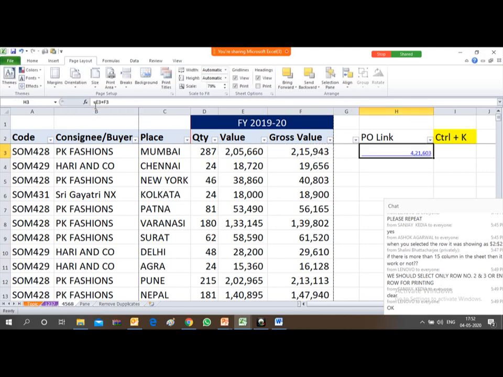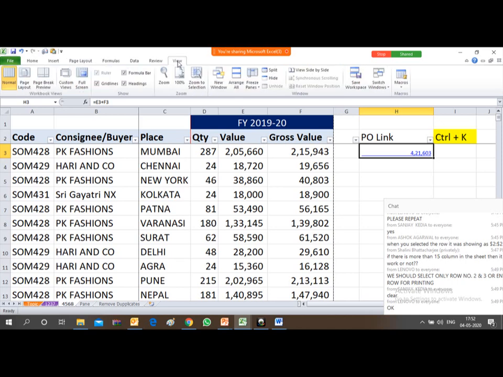Now in the formula bar you are able to see E3 plus F3, but in the cell, the face value is coming as 4,21,000, right? But sometimes the formula bar is not appearing, and you will not be able to see what kind of formula or content the cell has.